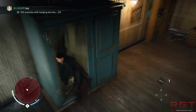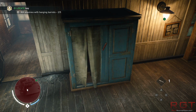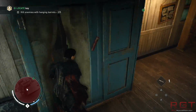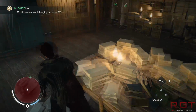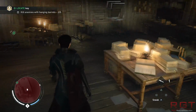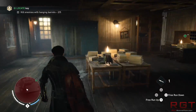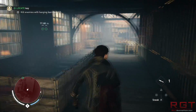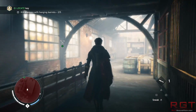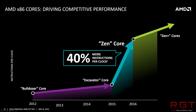So at the moment, we have an overview of how the CPU is going to work, and this information is naturally going to be a lot more than what we had previously. So we're going to use that as a foundation and then move forward as more information is unveiled. Now, in this video I'm going to keep things fairly simple with my in-depth technical analysis and explanations. So the information will be presented as AMD do, but then if I come to explain something, I'm going to do things in the least technical way possible to at least give people, the widest audience, an understanding of what's